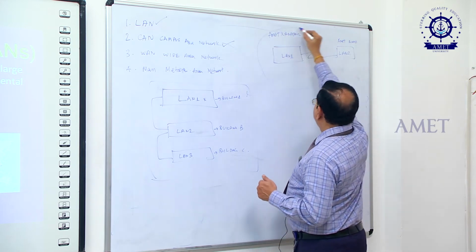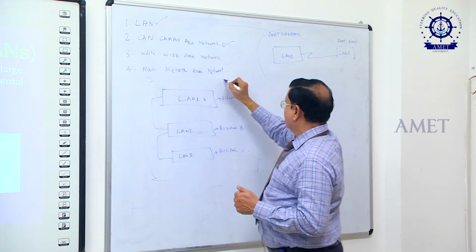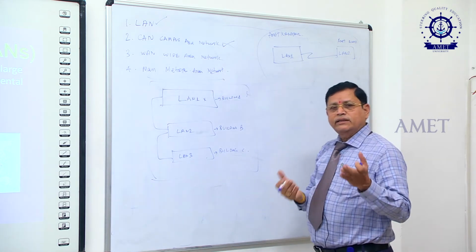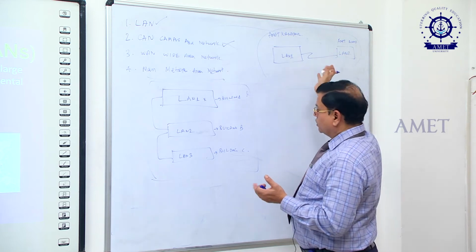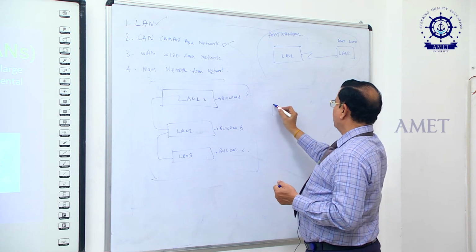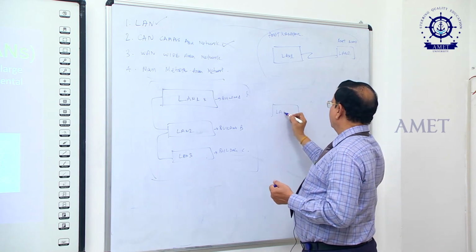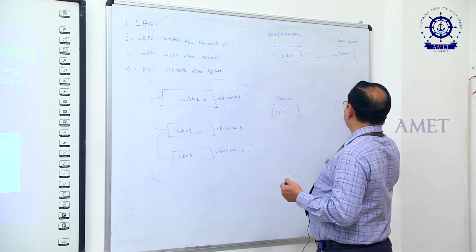So, both LANs put together we call a metropolitan area network, because it resides in the same town or the city. So, then what is the difference between a WAN? The same LAN, if the same LAN is in Chennai, and it is connected to Delhi,